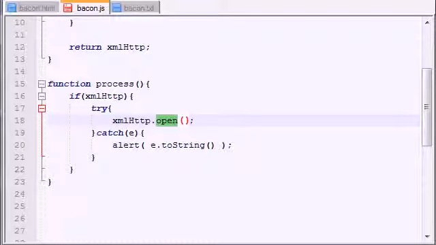It sets up how you're going to send the data to the server, where you're going to send it, and some other settings too. But basically, remember that whenever you call this function, it doesn't connect with the server. It sets up the connection that you're going to have. So let's go ahead and talk about that right now. The first parameter is basically, well, let me just type all this. Get